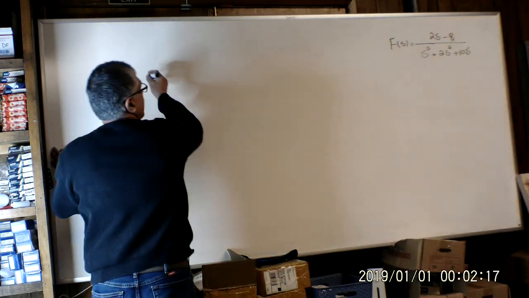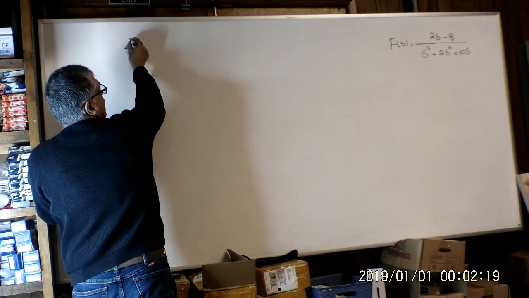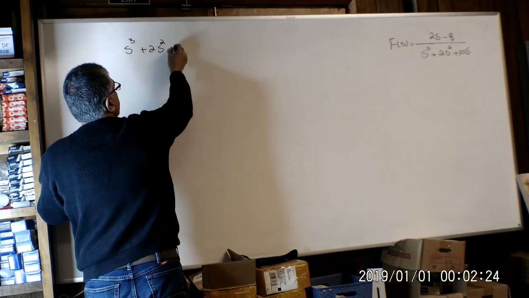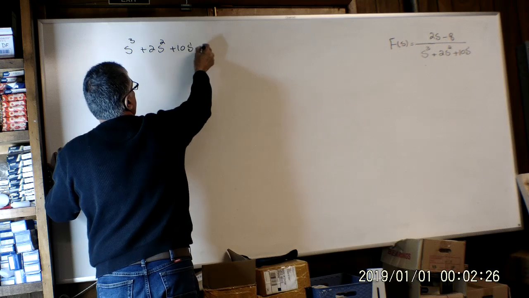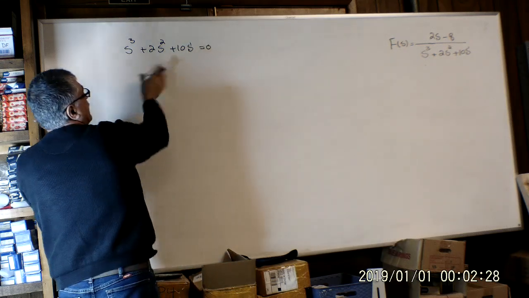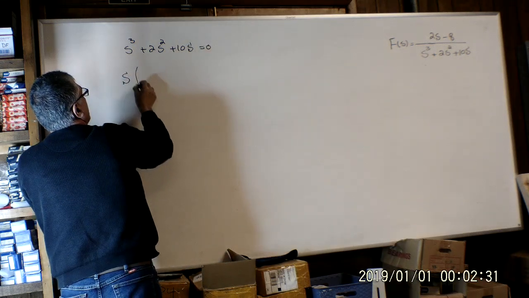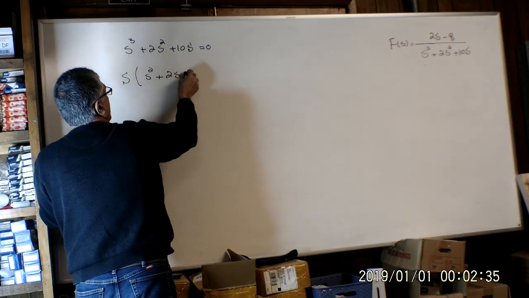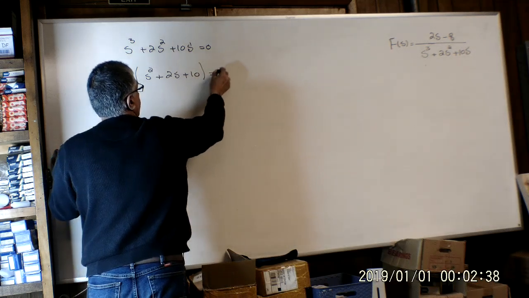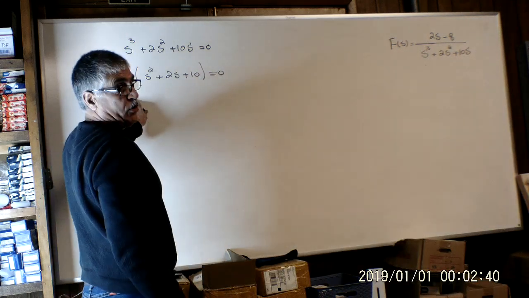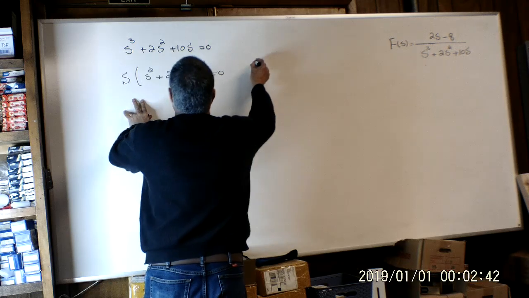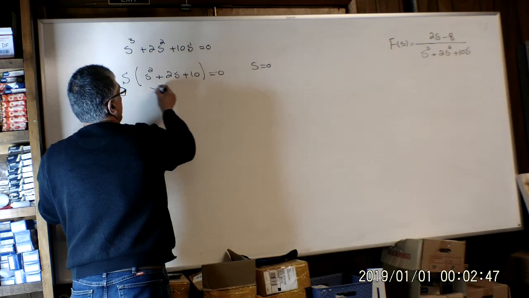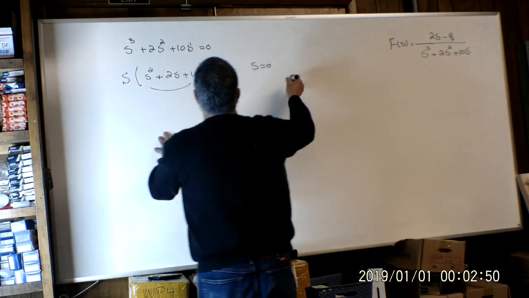So we have to set s cubed plus 2s squared plus 10s equal to 0. We can simplify this as s times (s squared plus 2s plus 10) equal to 0. So one of our poles is a real number, s equal to 0, and for this portion, we are going to have